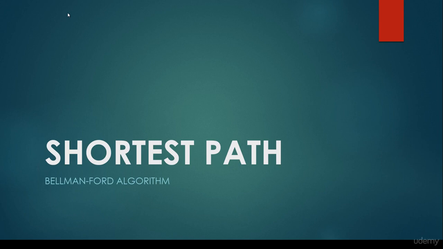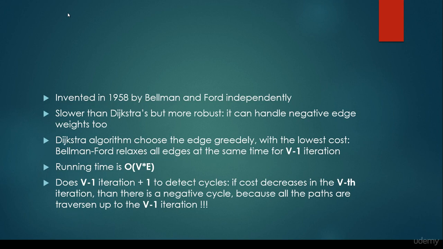Hi, in this video we are going to talk about another very important shortest path algorithm, the so-called Bellman-Ford algorithm. So let's get started. This algorithm was invented in 1958 by Bellman and Ford independently. Basically, it is slower than Dijkstra's shortest path algorithm. But it's very important that, on the other hand, it's much more robust because it can handle negative edge weights